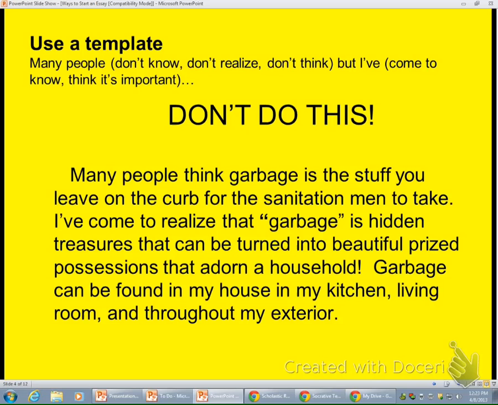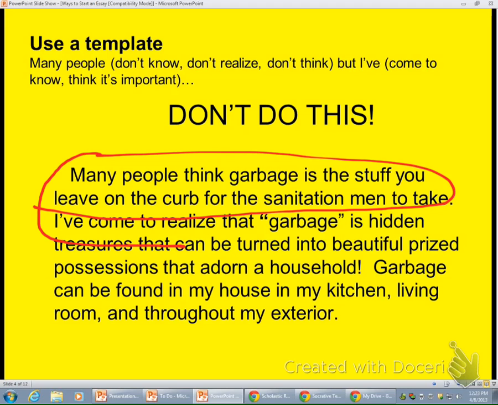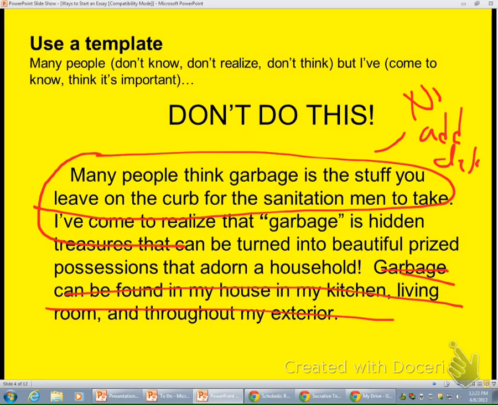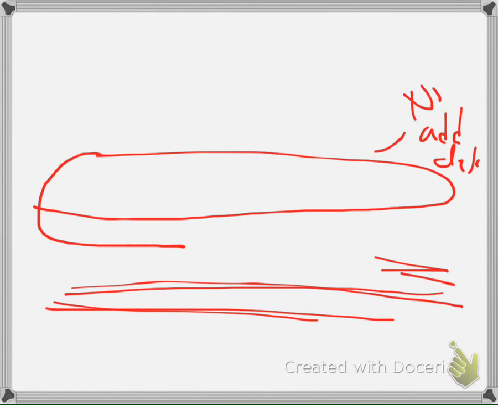This is not a good one because they didn't follow the pattern, this person. So they start off pretty good. All right, they're stating the opposite of what people think. But then they don't offer any additional details about what people think, all right? And then the other thing they did that was not good is they put the parts, or they put how they're going to prove it. So then you're really left with two sentences. So what we're going to do now is we are going to try this, okay?